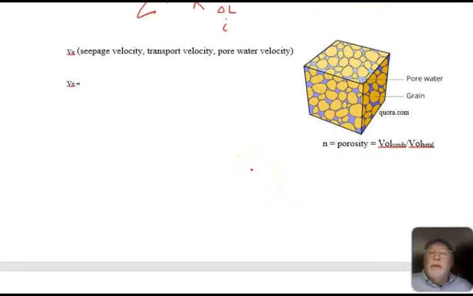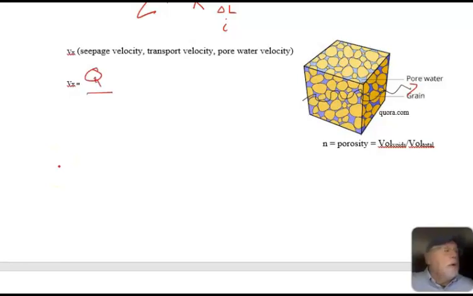As I keep mentioning, that's like a velocity, but if you look at the cross section of the dirt down here, the soil, the sand, the water is not going through these particles. So most of the cross-sectional area is actually filled up with solids. If you remember from your fluids, a velocity is a flow divided by the cross-sectional area we go through. So we're going to define a Vx as the actual velocity the water is going. Now it's going to be wiggling through there, right? But the average velocity going through there is going to be the flow divided by the area,